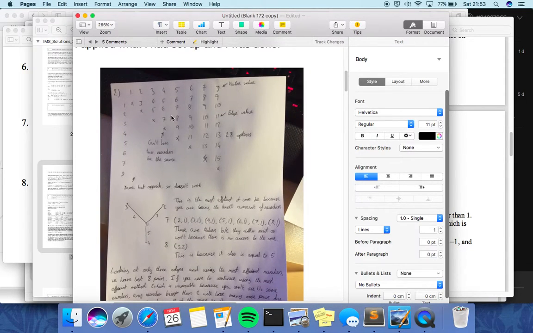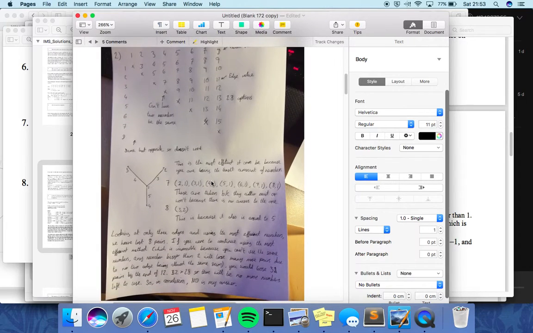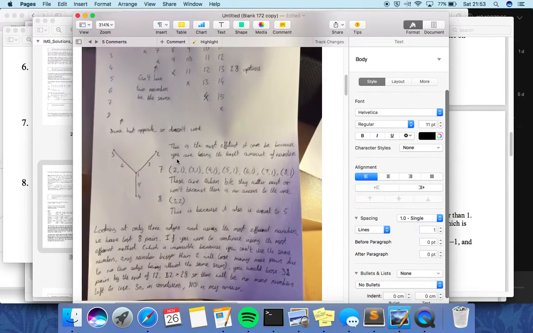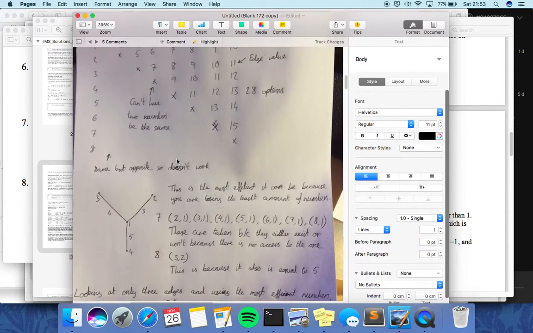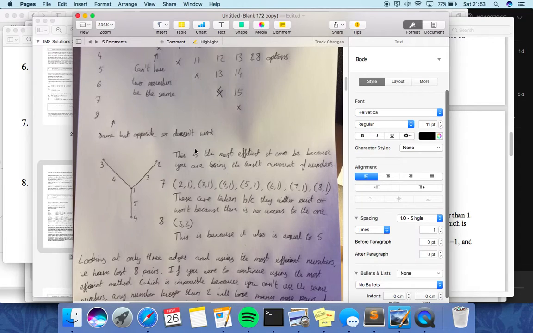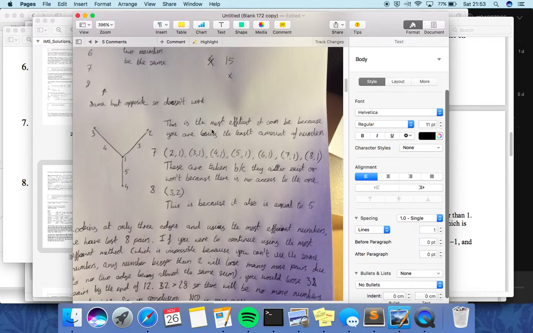Okay, so this was good. This was a good idea for question 2 to draw this table. But again, you come down here and I'm really not clear what's happening. All these labels are fine. I understand you only do half the table. 28 options, fine. These are the edge values because these are the sums, right? And you can't have two numbers the same. Sure. But then when you talk about this being the most efficient it can be,